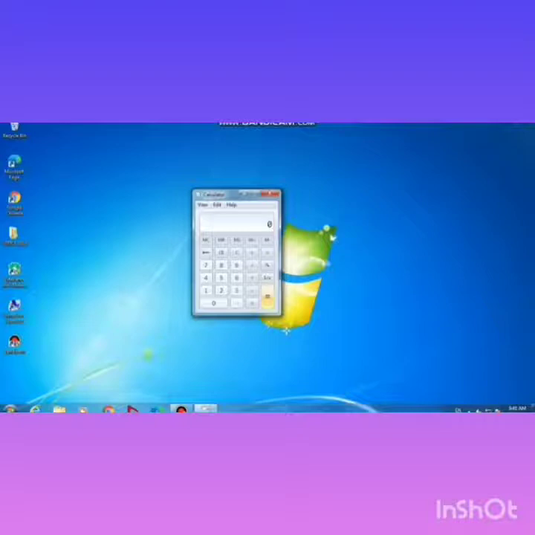Now, if we want to do a calculation, we have to click on 9, then plus, then click on 3. Now click on equals to. So we will get the sum, that is 12. So 9 plus 3 is equal to 12.